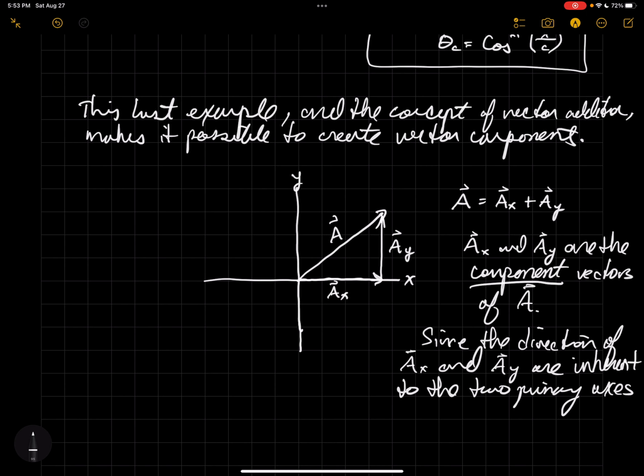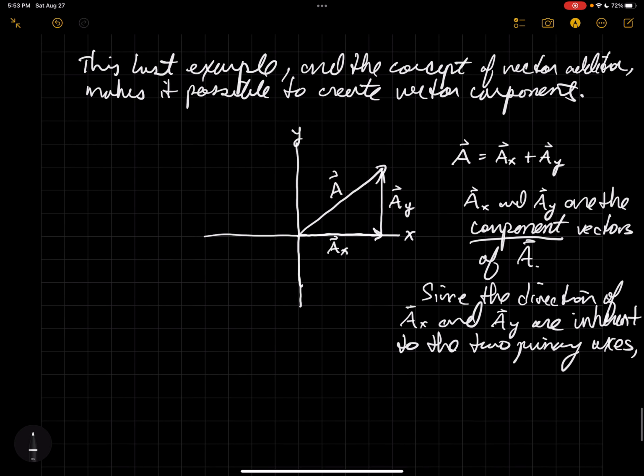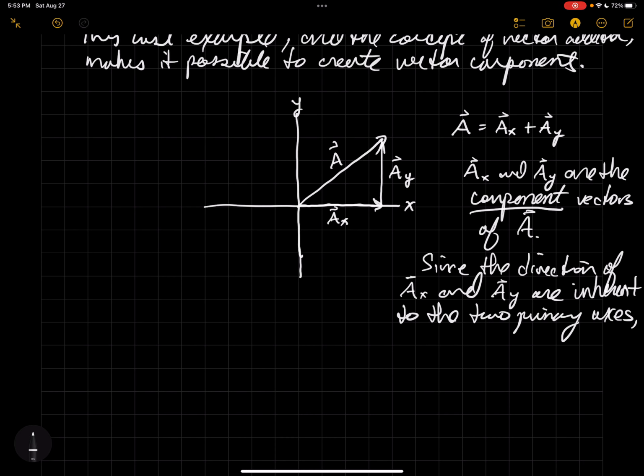So because they're inherent to the two primary axes,